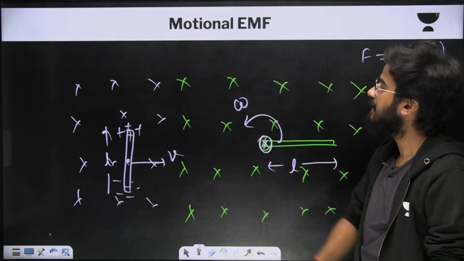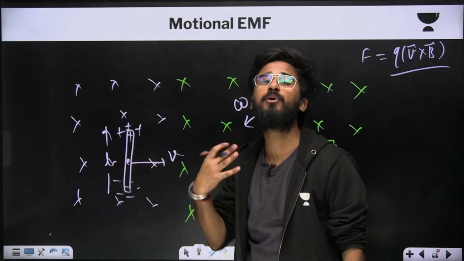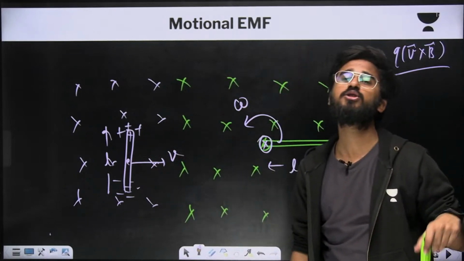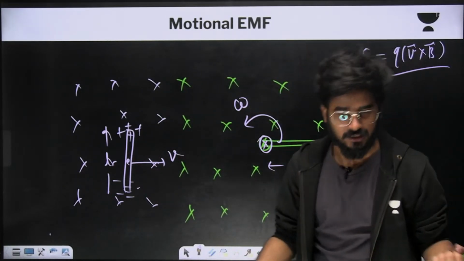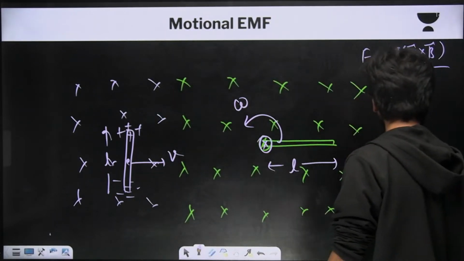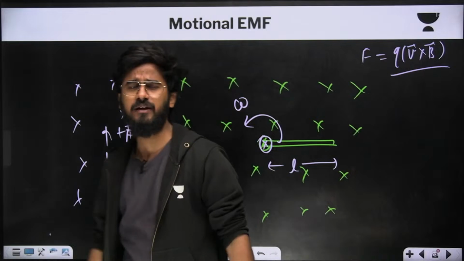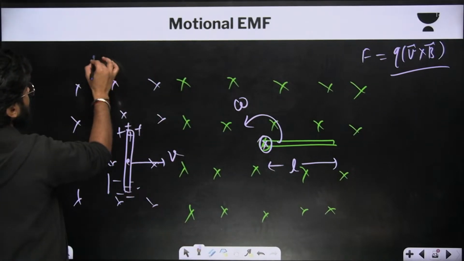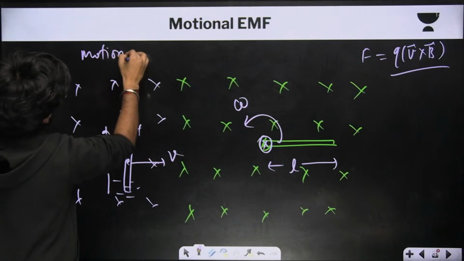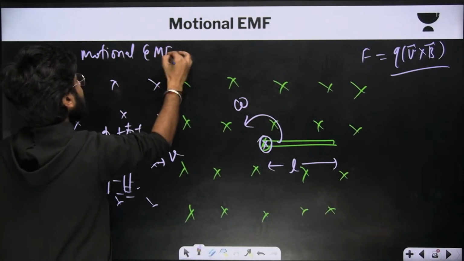It simply means that there is some potential difference between the positive and negative charges. This potential difference is called motional EMF. Here I'm writing the formula directly. What is motional EMF? Motional EMF is equal to